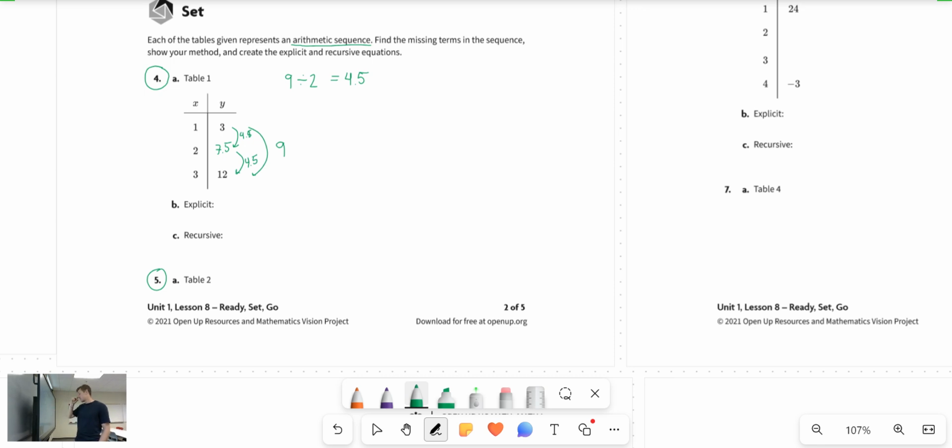All right, so let's write our explicit now. What do we like for explicit? Let's say f of n. That looks like n prime, but we won't get to that yet. That's more like calculus stuff. f of n equals, and there are 2 ways to write this. We'll write both here. The first one would be, we'll have our starting value, which is 3,